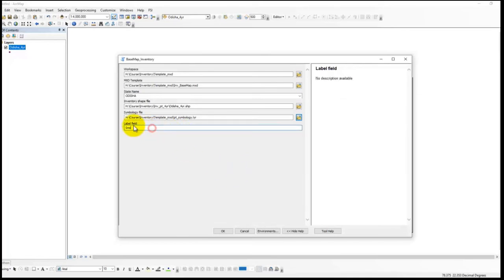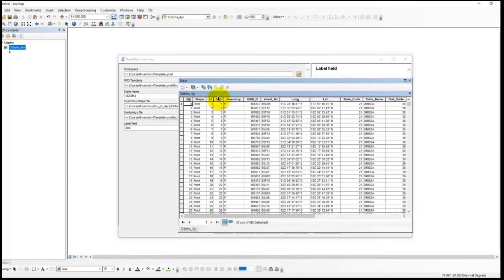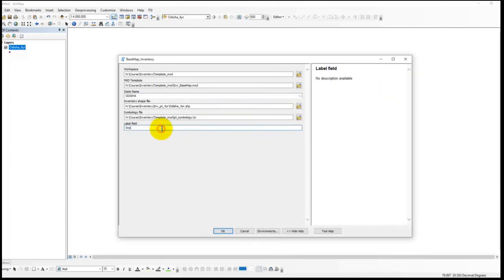And this is the label field, meaning all the points that will be added in my base map that I want to label. To label that, you must give the field name. Whatever field you want to label, just give that field name. If you want to give ID or serial number, just write that one. It is not case sensitive, you can write in any format. If you want to label ID, then write ID, or if you want to label serial number, you can do that. That's up to you. In my case, I will use serial number.